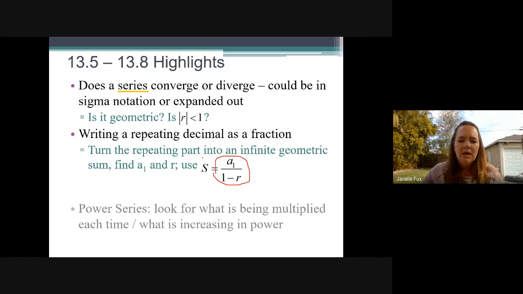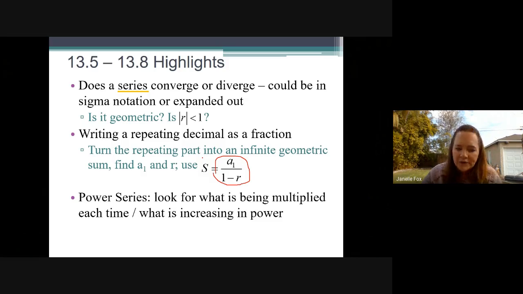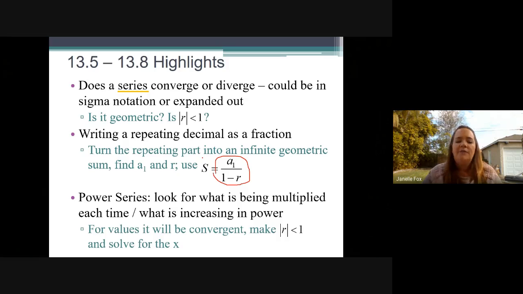Okay. Then we talked about power series. When you look at a power series, you got to look at what's being multiplied each time, like what is being increased in power. That's what you're looking for. And when you do that, it might ask you for what values is this power series convergent. So say every time you're multiplying by a 1 plus x, or every time you're multiplying by a 4x, or whatever it is,